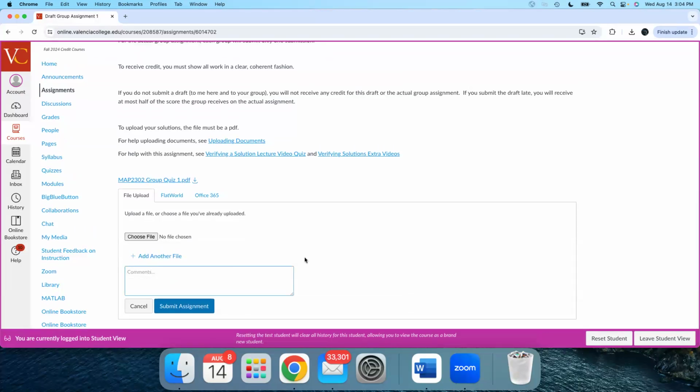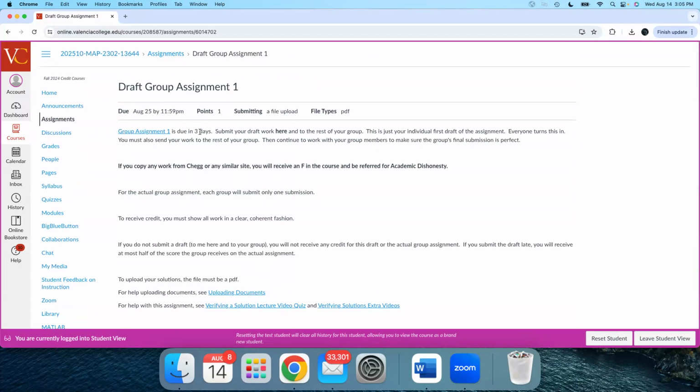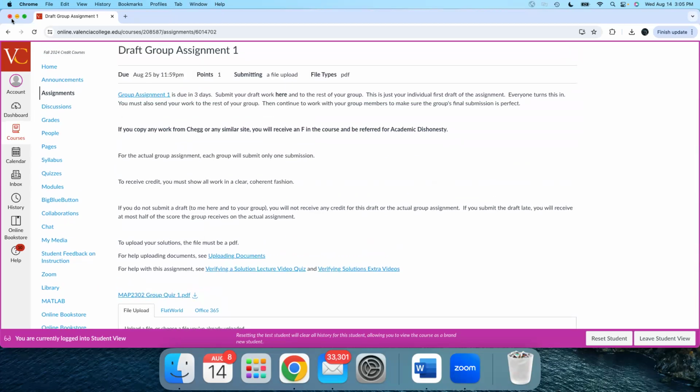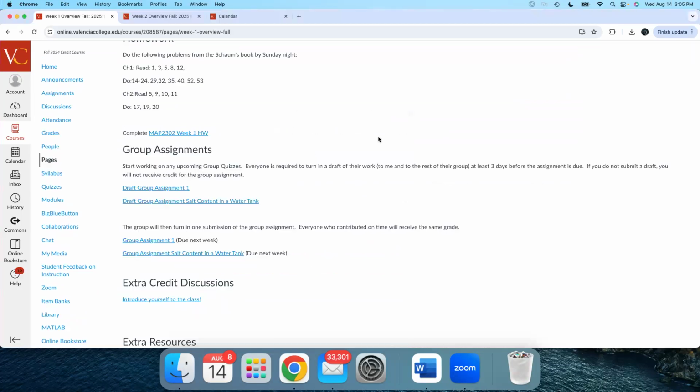Now you see this comment box here. Please do not put your name here in the comment box. I know your name. It'll show up in my SpeedGrader. You do not have to leave a comment here with your name or the name of the assignment or any of that. The only reason you should ever use this comment box is to send me an email. So let's say you do this and you're not sure if your answer is right. You think maybe you goofed on number 2. Then, hey, professor, could you take a look at my draft and see if number 2 is right? That will send me an email and then I'll be happy to look at it. That's the only reason you should use that comment box, though.